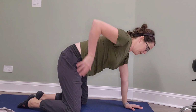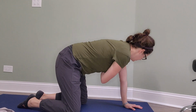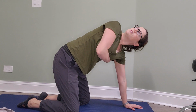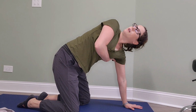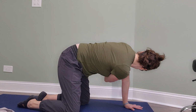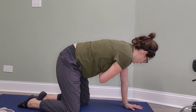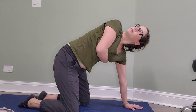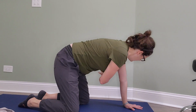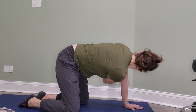Good. Now we're gonna reach through with the other arm. Reach through, look up towards the sky. 1, 2, 3, 4, and then reach as far as we can with the arm towards the opposite wall. And then grab the shoulder blade, pushing through. 1, 2, 3, 4, and reach. 1, 2, 3,